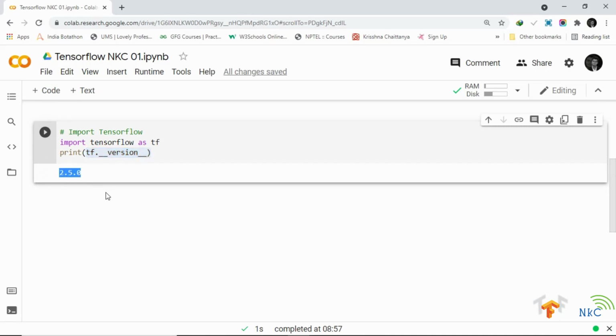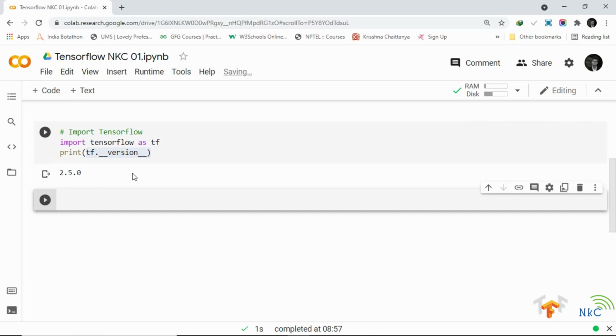If you are using Google Colab, you should probably be using TensorFlow 2 point something. I'm currently using 2.5.0. By the time you watch this video, there may be a newer version of TensorFlow, but everything that we do in this fundamentals notebook should work perfectly fine. So look at that, we have already got TensorFlow ready to go.